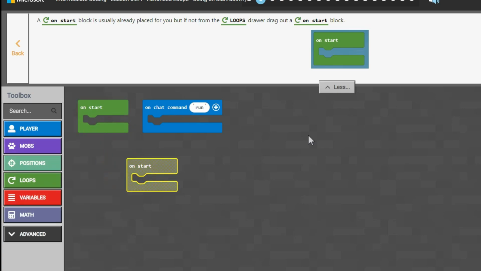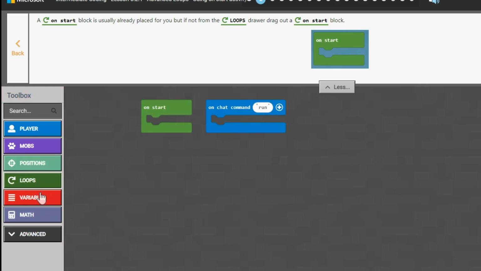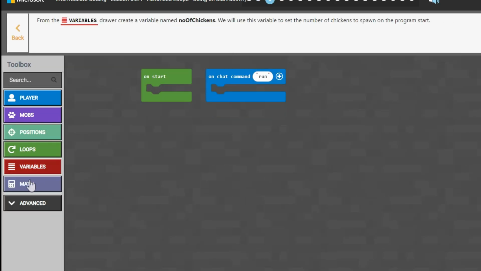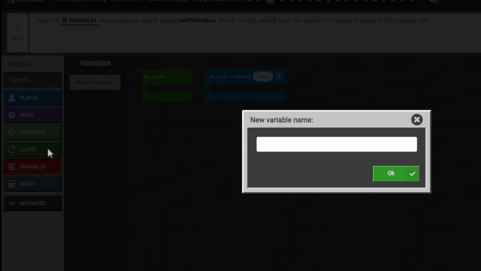Now, one of the things to note is that you can only run one onStart. If you try to do another onStart, it's going to be grayed out like this. So one onStart per code. Next up, we're going to create a variable. This is old lesson 2 stuff. Make a variable, and they want us to name it